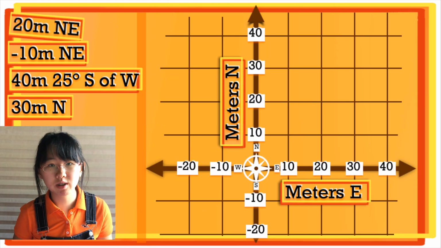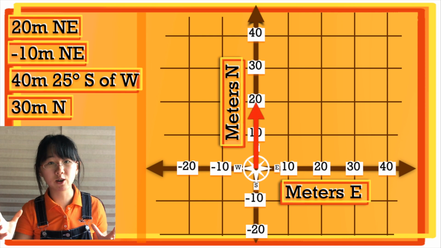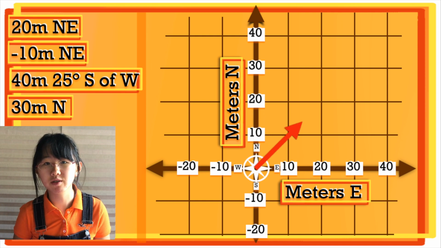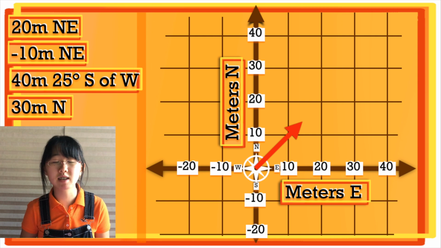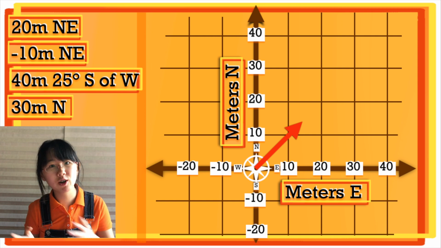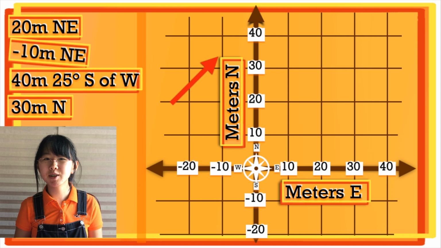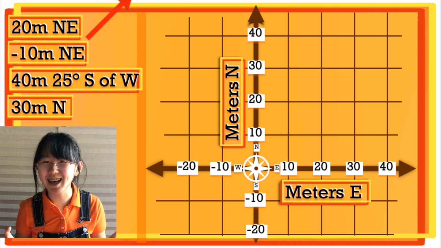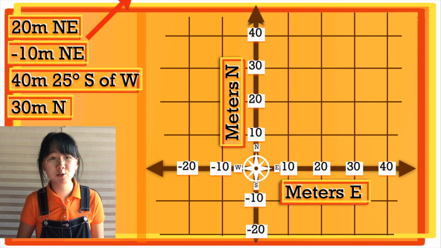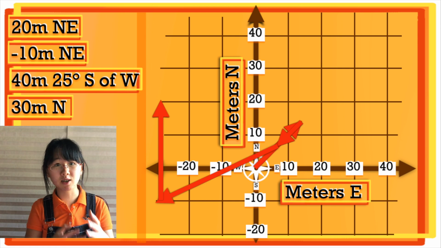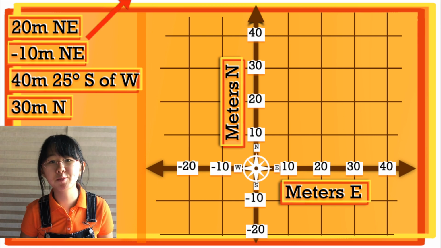We have 20 meters northeast, which we can represent as a 20-unit long arrow, pointing 45 degrees north of east. Since we know that northeast is exactly halfway between north and east, which are 90 degrees apart, then we have 10 meters backtracked. Now, what exactly does that mean? When we draw that vector out in two-dimensional movement, it's just a vector that's in the opposite direction, and it's equivalent to subtracting a vector.